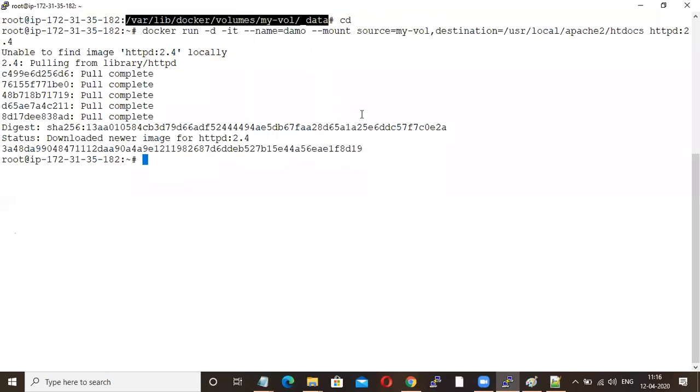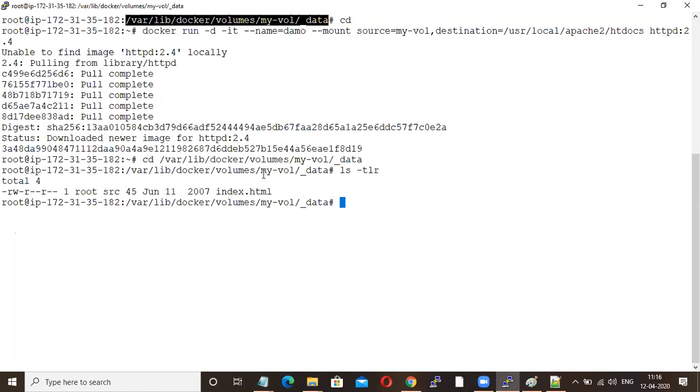Now if I go to this path, you will find it here.